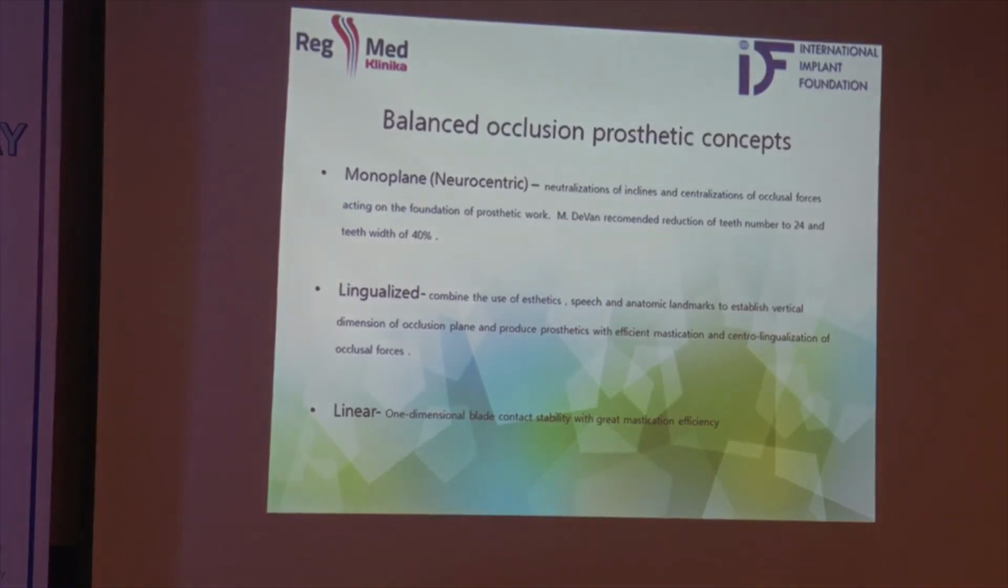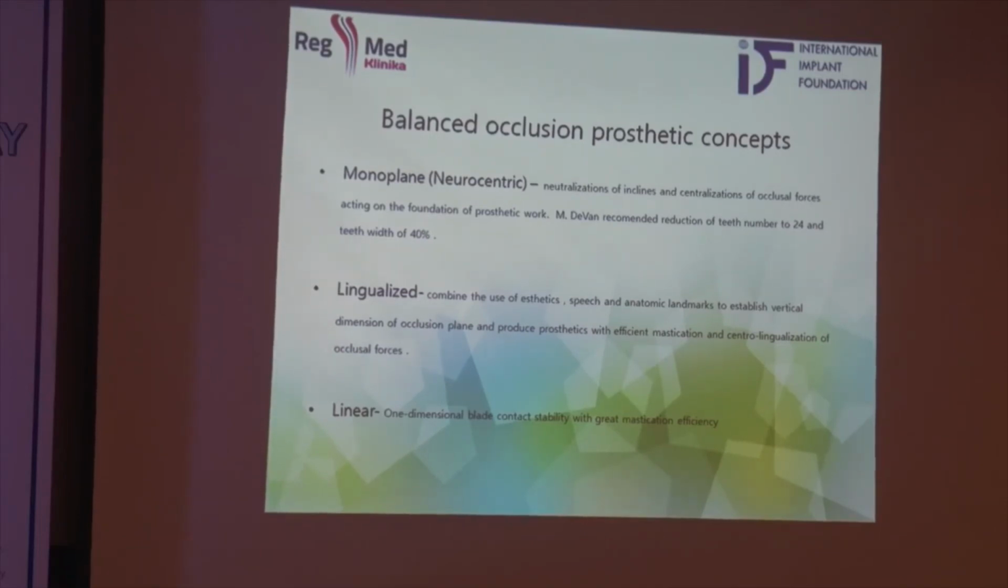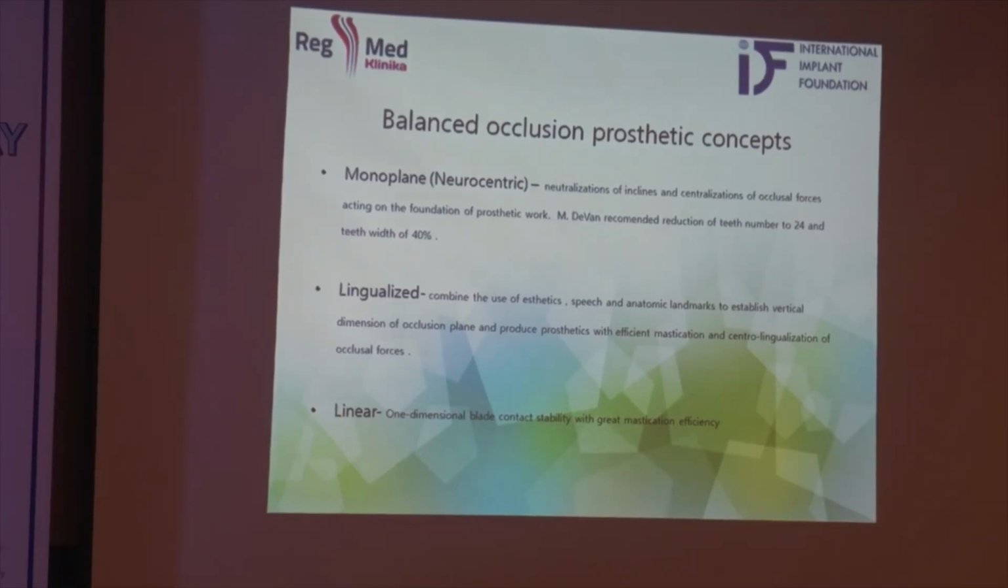So the main theme is the balanced occlusion prosthetic concept, because when we are restoring, rehabilitating our patients, the main goal of our treatment is to create balanced occlusion. There are many concepts of occlusion, like the Gysi concept, the Sears concept, the French concept, the pleasure concept. They describe very nicely how to use the teeth, but they mainly depend on the slopes, on the cusps, on the inclinations, and on the guidance. And we want